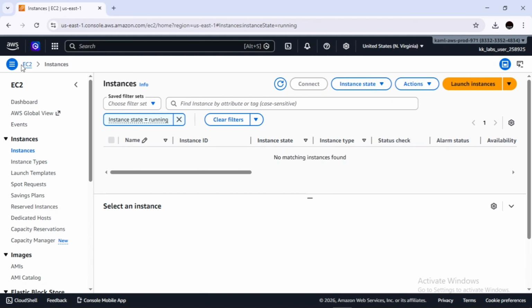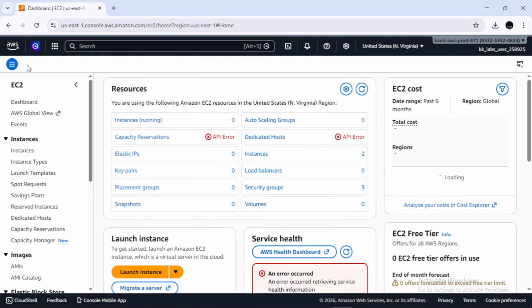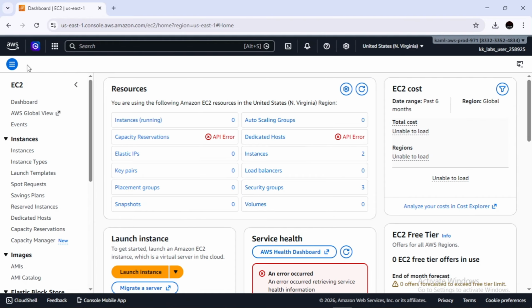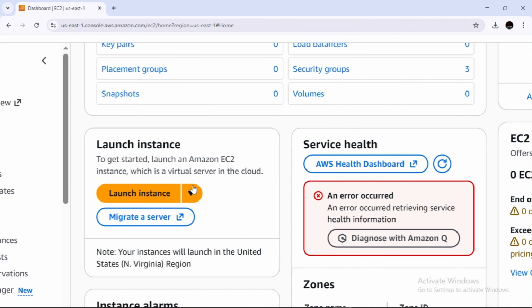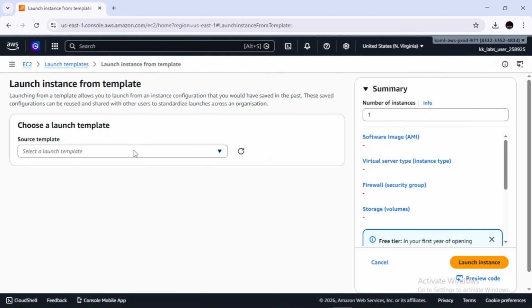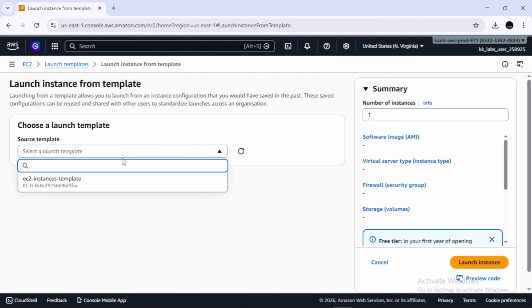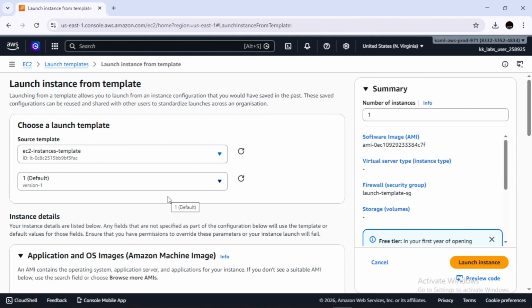So I'm going to launch two EC2 instances with the help of this launch template. Now you will encounter that this option is enabled, launch instance from template. Click on this and now we need to select template, which is this. So yeah, as you can see, everything is selected.